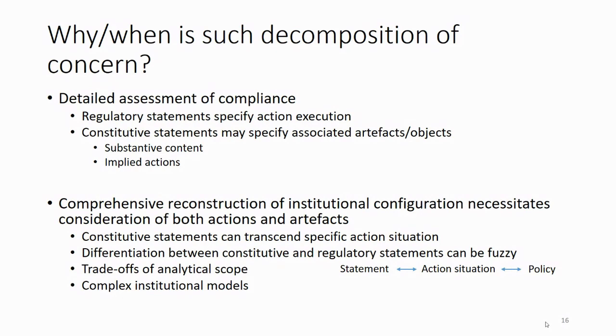On the other hand, coming back to our motivation to encode institutional configurations from a semantic perspective, it becomes very important to think about this, because if the characterization of constitutive and regulatory statements is not necessarily unambiguous and perhaps even of stylistic nature, certain preferences or structure as developed for a particular policy document, we could argue that capturing institutional statements by type, here type being the constitutive or regulatory nature, may actually lead us to reproducing an encoding style or other preferences that a policy writer may have embedded when writing the policy in the first place, as opposed to reconstructing the institutional configuration more generally, as opposed to performing a mapping merely between the statements and the corresponding institutional statements.